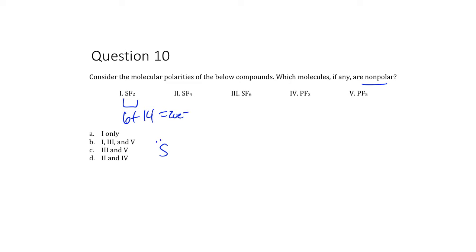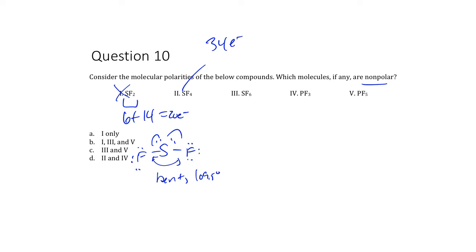We're going to have a central sulfur, 2 fluorines. Might look linear here, but it's going to be tetrahedral in shape, going to be a bent bond, closer to 109.5 degrees, definitely going to be polar. So that's not nonpolar. SF4,